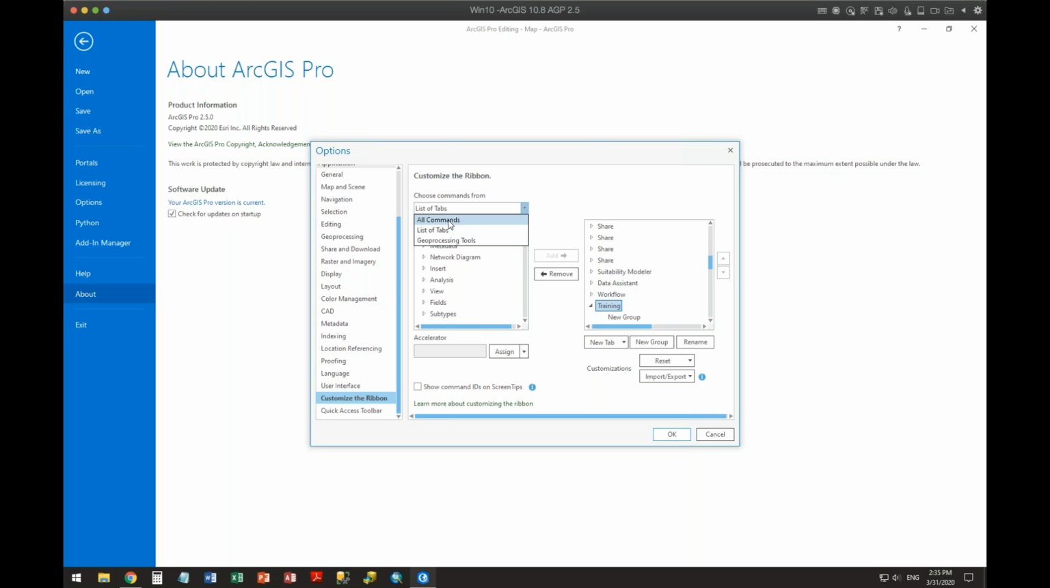And here's a list of the tabs, but I want to go to the commands. What do I want to do with this? And here is literally all the commands that are inside of ArcMap. All right. So let's just do a simple one. Maybe I want to do saves. I want to save my edits. Save my edits. Okay. So I tell it that inside this new group, I want to add my save edits on here. And there it is there. When I click OK,